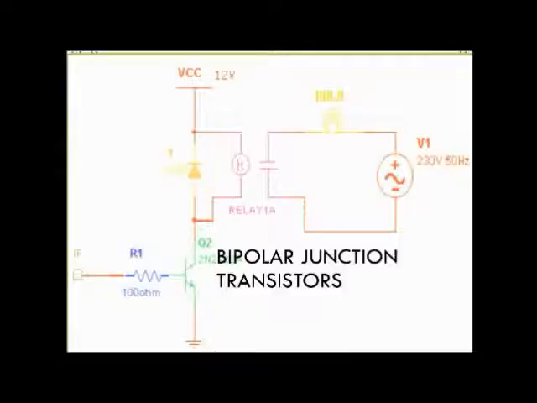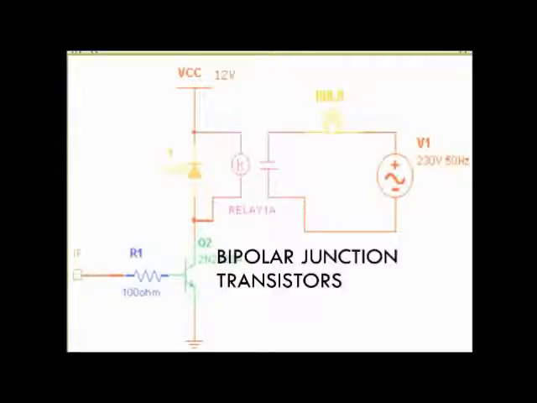Today we will discuss a very popular topic, that is the BJTs or bipolar junction transistors. In the previous video we learned about PN junction diodes, in which a P-type material is doped with an N-type material. But in the case of BJTs we will have three layers, that is NPN or PNP. That means the three layers are doped with each other to make one BJT.